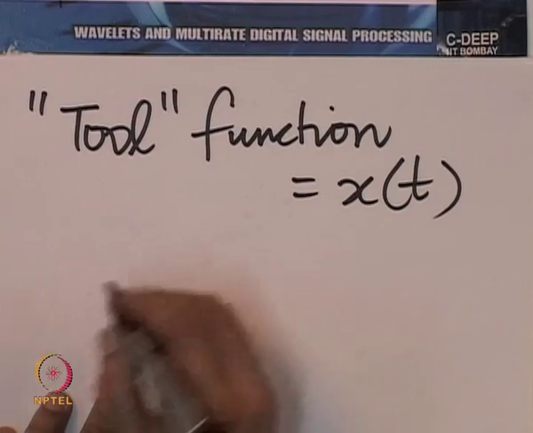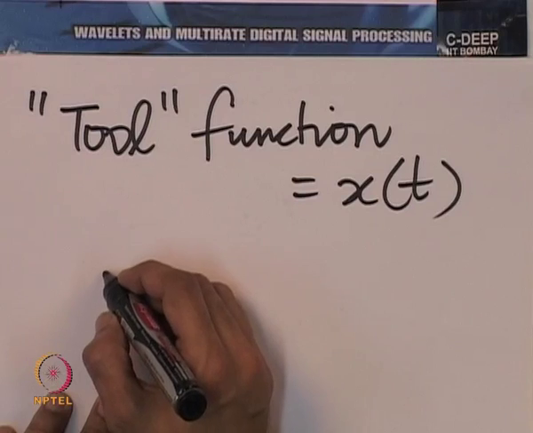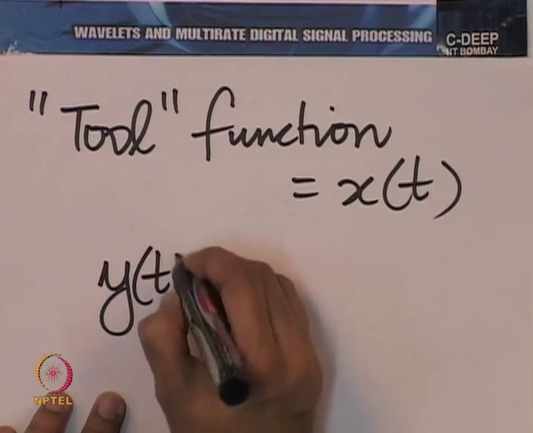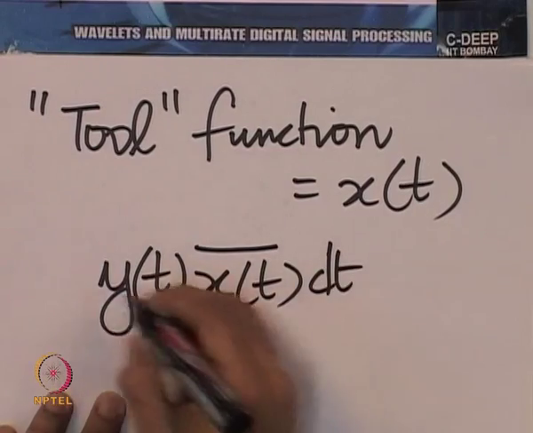Then Parseval's theorem says that if I take the dot product of y t with x t, essentially y t x bar t dt,